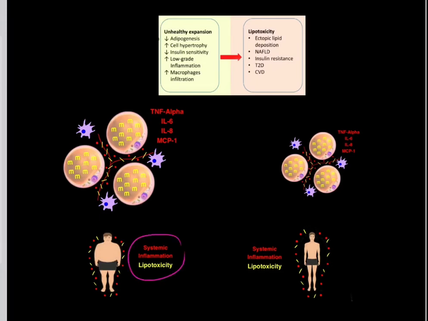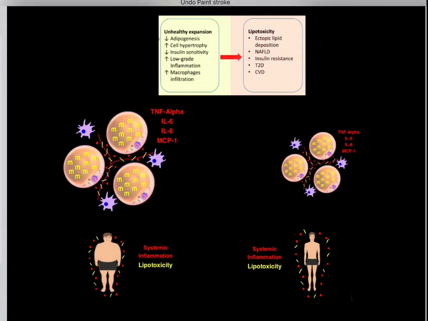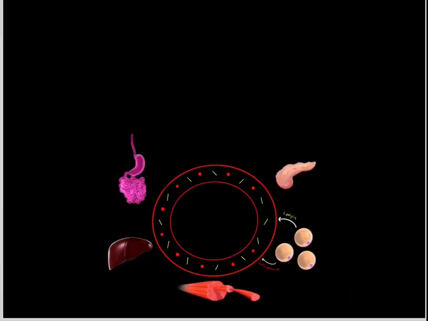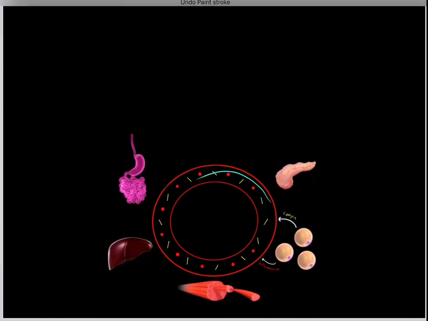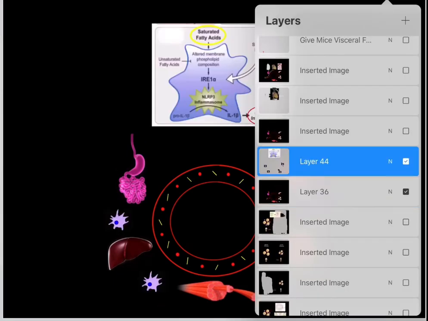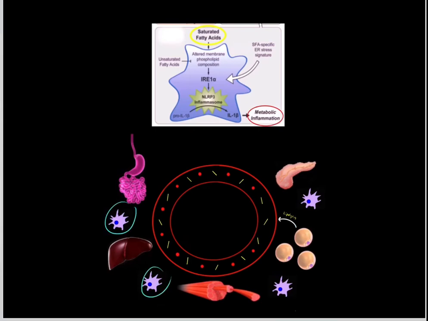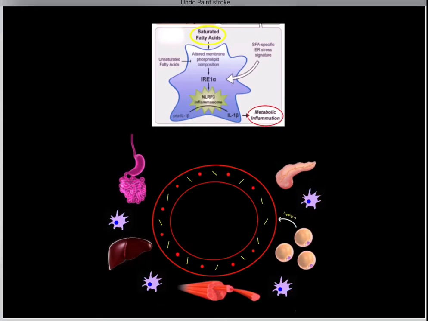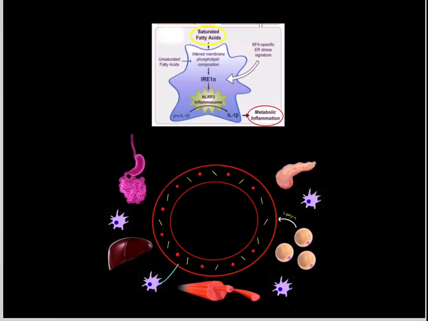So how exactly does systemic inflammation and lipotoxicity lead to atherosclerosis and type 2 diabetes? So now we have the adipocytes releasing free fatty acids and inflammatory cytokines into the bloodstream. So what's going to happen as a result? Well, keep in mind, we have immune cells like macrophages all over our body in all different tissues. So these macrophages are going to respond to those free fatty acids by releasing even more inflammatory cytokines. And if you're curious on the mechanism, these macrophages take up these saturated fatty acids, which alter the plasma membrane, which then activates this protein, which activates the